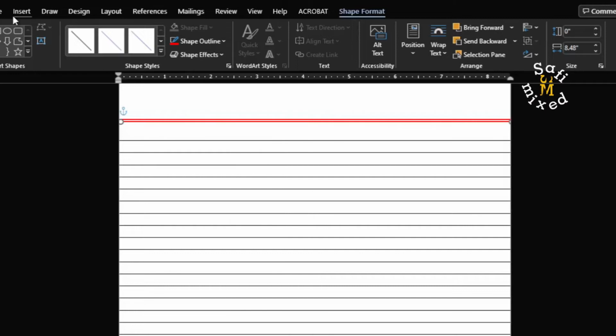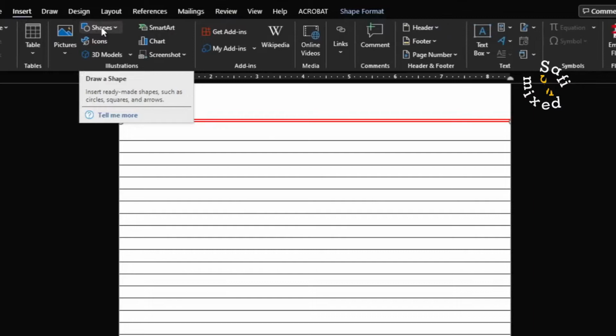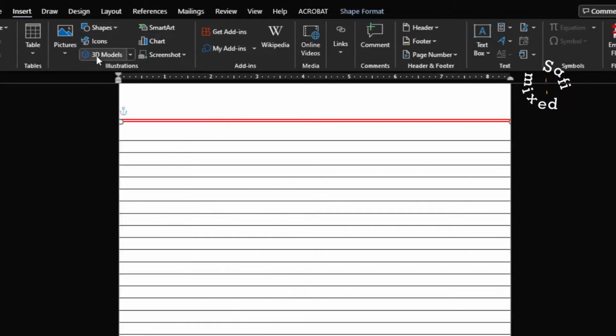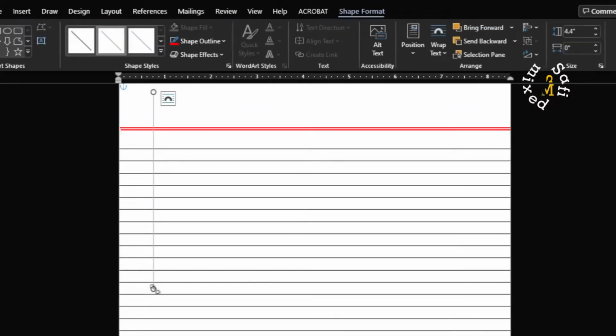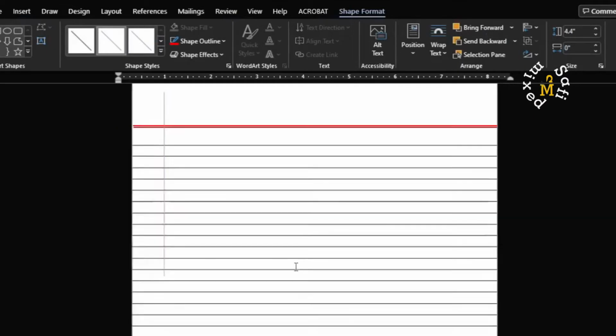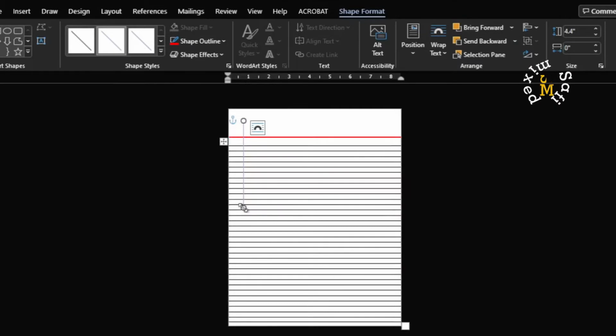Now let's come back to the Insert tab, and on the Insert tab to Shapes, and from the Shapes let me pick one more, the vertical line, and I want to draw a vertical line like this. Once again, let me reduce the size of the page so that it is visible over the whole screen, and drag the line to this side, and while the line is selected, again come to Shape Format,